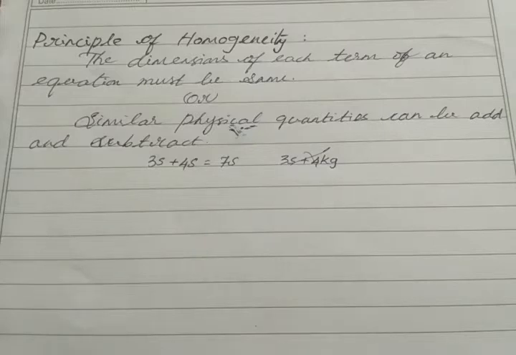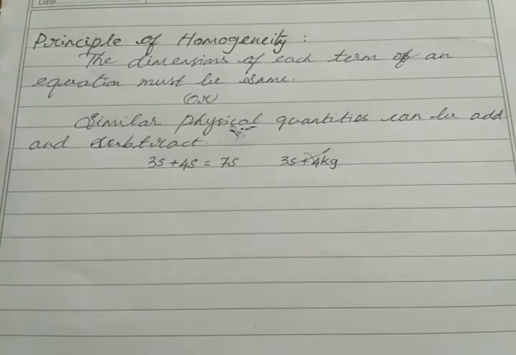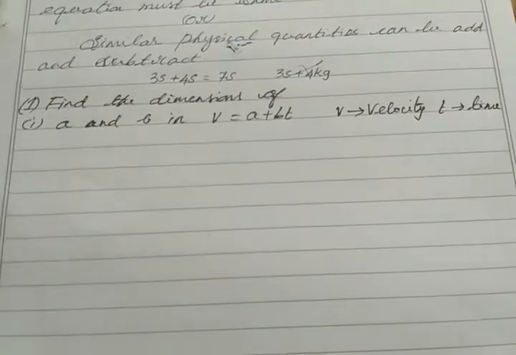10 kilogram minus 4 kilogram equals 6 kilogram, correct? We cannot say 10 kilogram minus 6 ampere equals what? That doesn't make any sense, right? So the principle of homogeneity means we can add or subtract physical quantities of similar units. Clear? For example, the first question: find the dimensions of A and B in this equation V = A